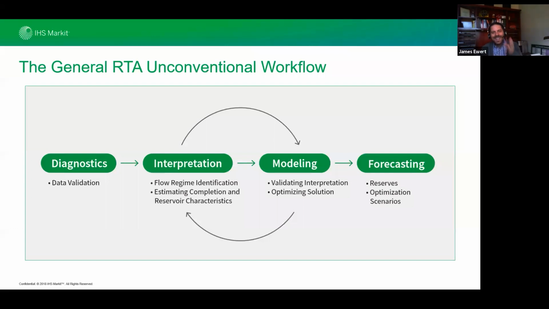Once you've done that, the next step is always going to be interpretation. Interpretation means that you're going to look at that data and use different tools, such as that Fetkovich type curve I told you about before, such as the flowing material balance, which we went through the equation for to get a sense of your contacted volume. You're going to listen to what that data is trying to tell you. On that slide of reservoir signal, you recall I told you the curvature of that line has that information. It has the information about the reservoir and the completion within it.